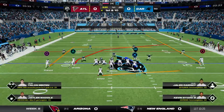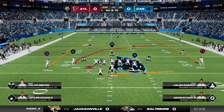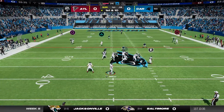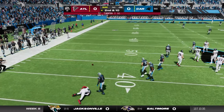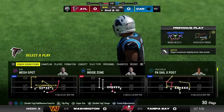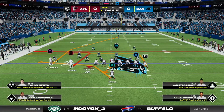They went with the nickel look defensively, so they had 5 defensive backs in there. Didn't help them stop the run. Yeah, I love that, the nickel look. 5 cents, 5 DBs. But what also happens then, you take a big body off the field in order to insert that guy. So you're taking a big off for a little. And oftentimes you can run the football effectively against that defense. Now a 2nd and